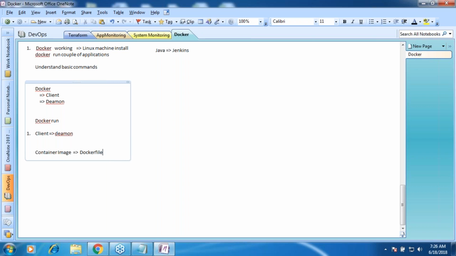To create the container image, we'll be writing something called a Dockerfile. And for writing a Dockerfile, you don't need any programming language. Docker has its own specifications around it. In this file, you would write how you will manually bring that application up. That's it. This is your first job.